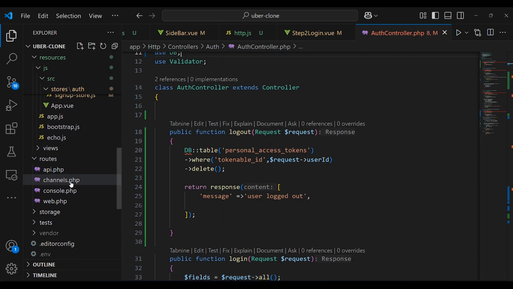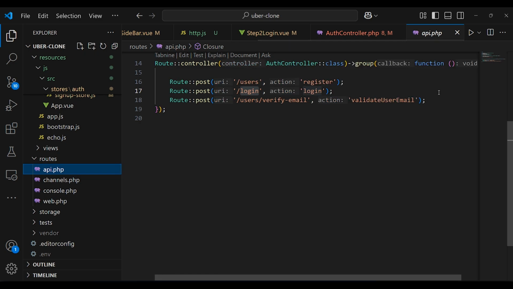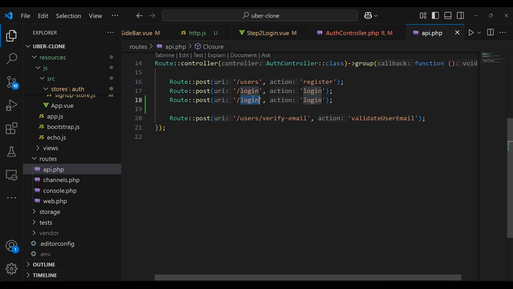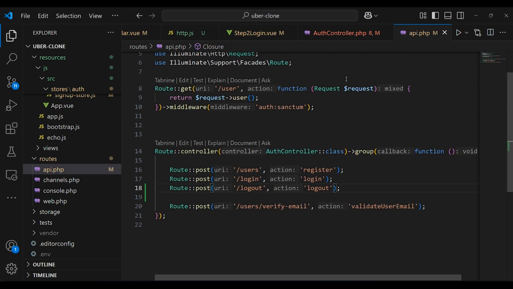and we are going to head up inside here the API.php file, and then we're going to edit these endpoints. I'm going to copy this, and then we're going to pass here logout. And then here we're going to pass here logout. Now let's get into inside the